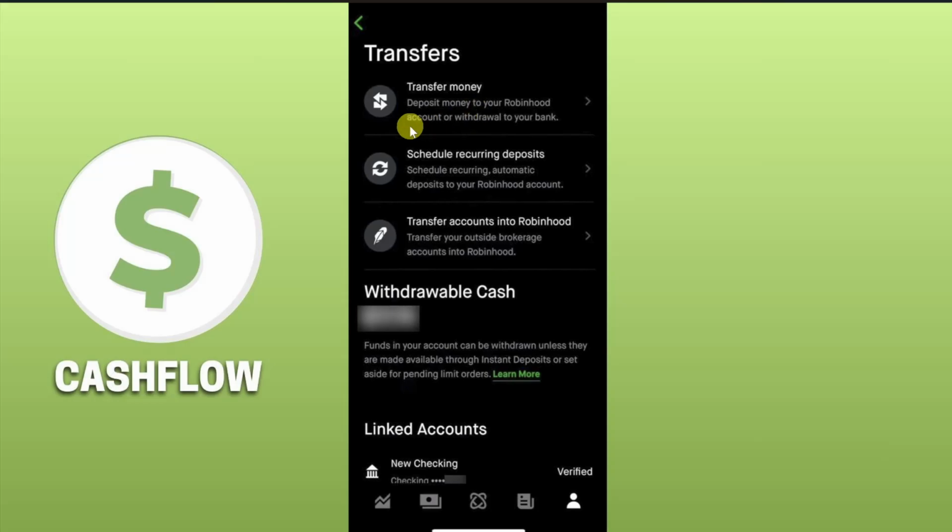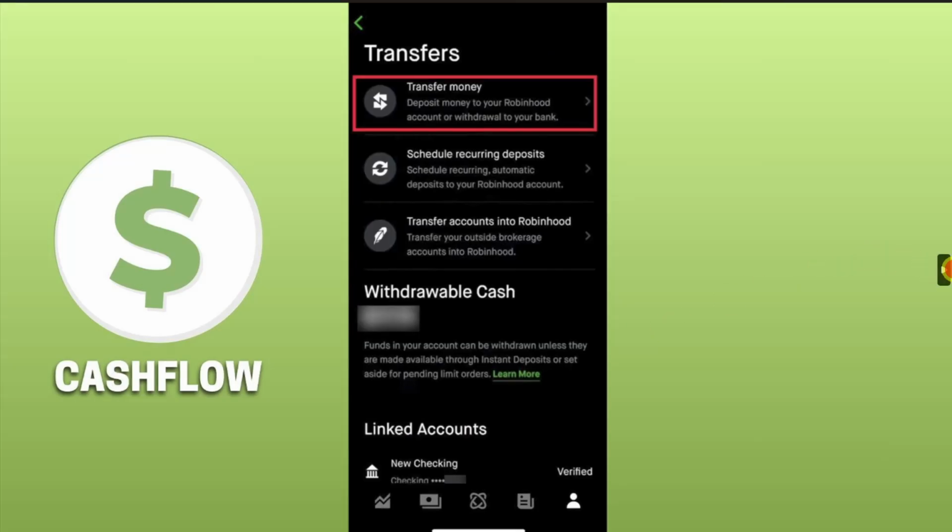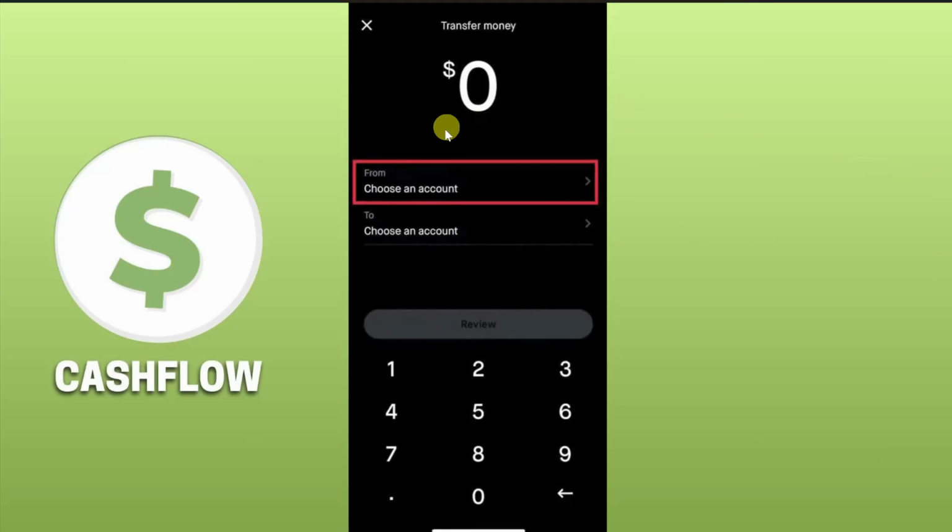Then you just have to click on this transfer money button, or you can also see your withdrawal cash here, or if you scroll down, you will see all of your linked accounts or bank accounts that have been linked to your Robinhood. Now to link a new bank account, you can click on this add account button and then add your bank details. Once your bank has been linked, you can simply click on this transfer money,